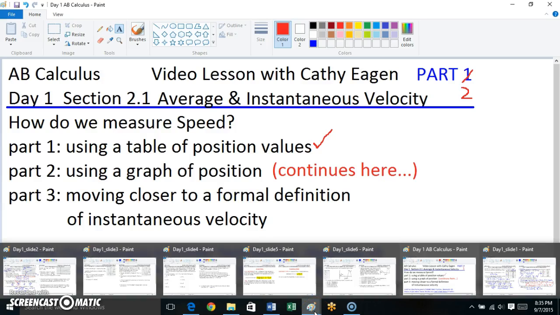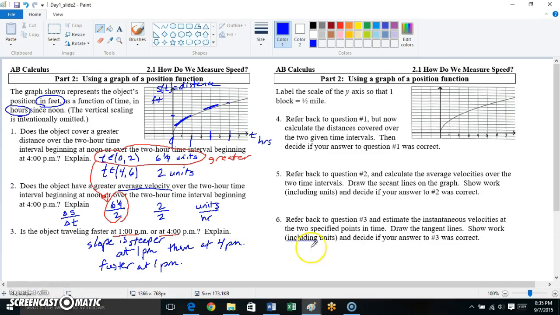Okay, picking up where we left off, we're going to continue on with the graphs. All right, this time the information says that we've been given a unit on the y scale of half a mile. So they've changed it from feet to miles, but a half mile. So we're looking at